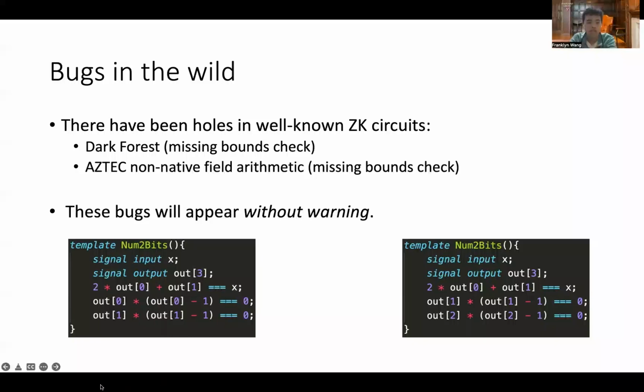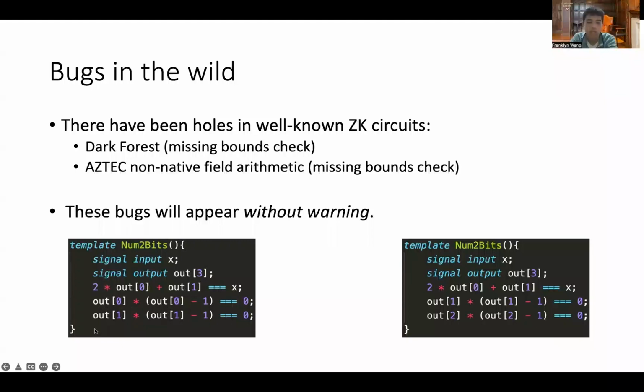So let's look at these two programs in Circom. This is the dreaded range check program, which, as we've seen, has been the Achilles heel of a lot of other programs. This range check works by, you have an input X and you want to bound X between two values. Here you want to bound it between 0 and 3. And the way you do this is by writing out a binary representation. So you write out that 2 times out 0 plus out 1 is equal to X,